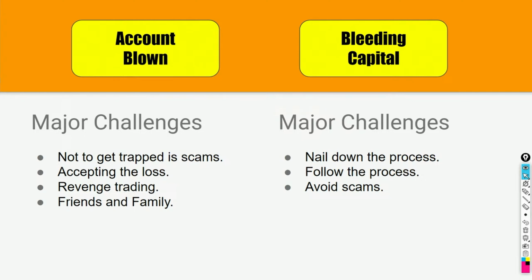If you are bleeding capital, what you are basically focusing on is trying to find a method or a process that works every time. You want to make money on every trade, which does not happen. But since you are not able to make back your money and you are losing your money, you are desperate for a way. So you are trying to find the process and nail that process so that you can make money. But in this phase also, if someone starts using the correct words, let's say someone starts talking about process, someone starts talking about trading psychology, but inherently he's a scamster and just going to sell you some setups, you have to be aware of these kinds of people.